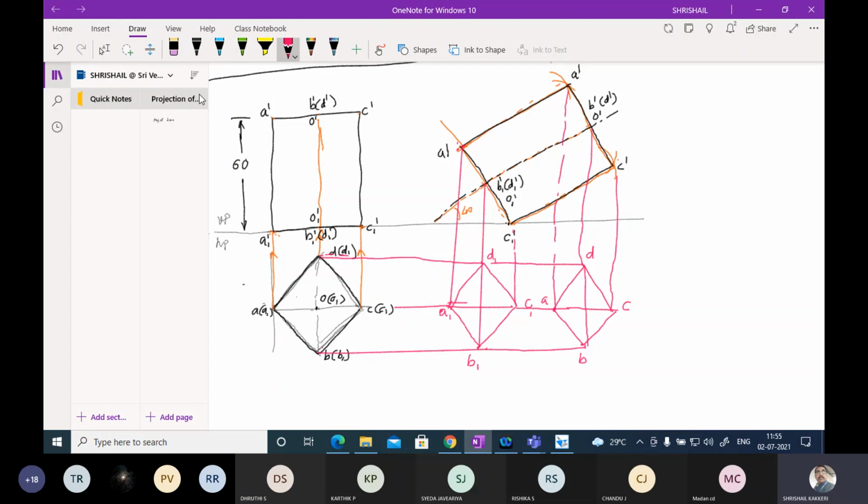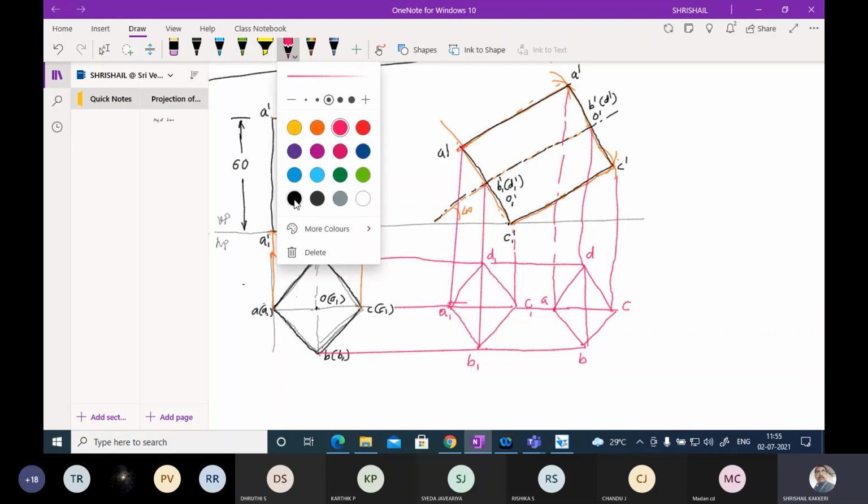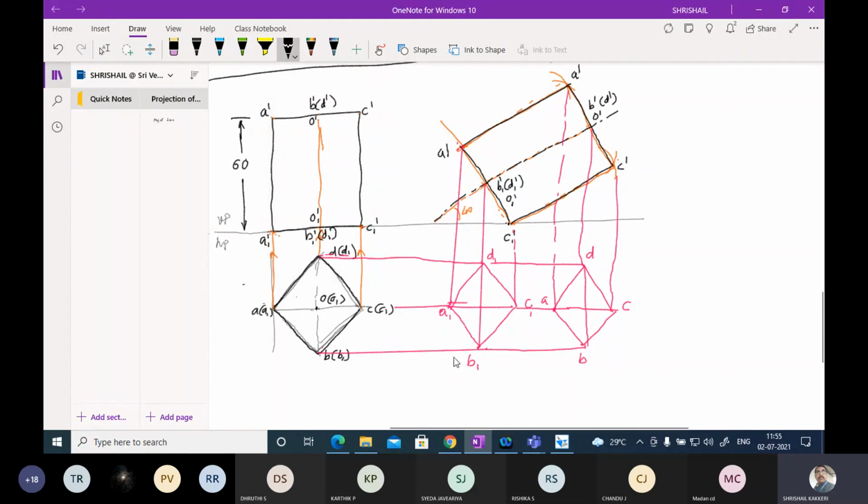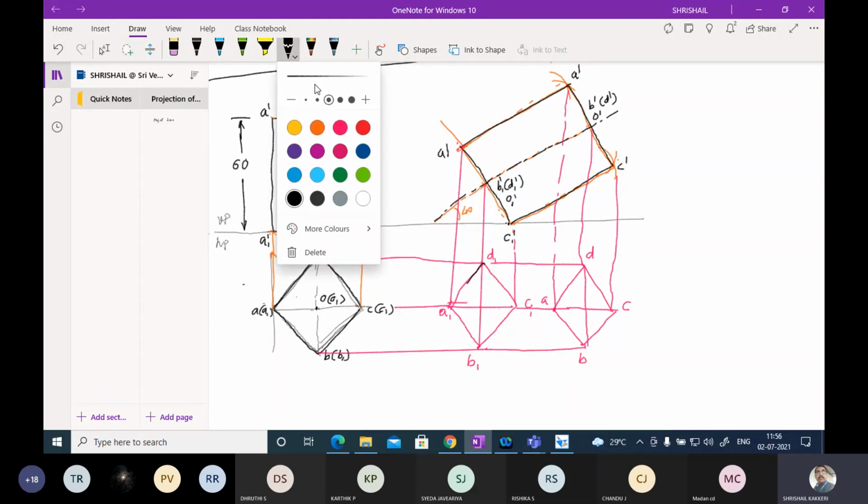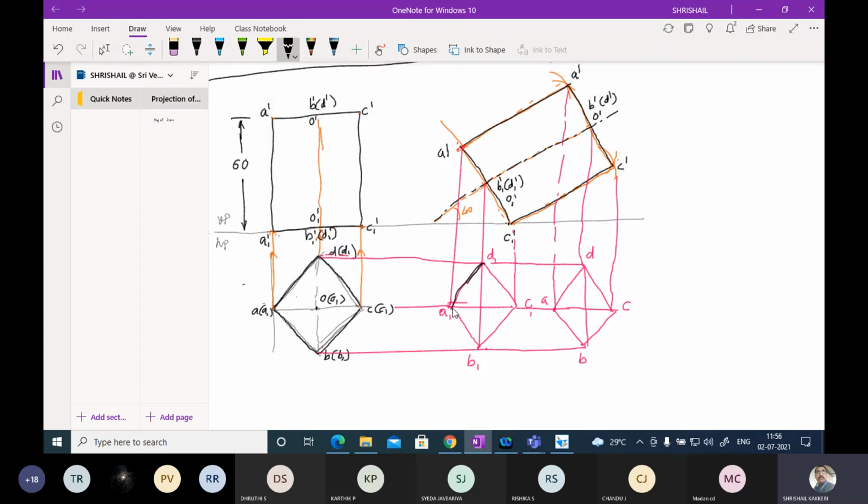Now please look here carefully. To make it dark, what I have to do is all the external lines you join them by thick line first. Make it as a habit of writing like this only. Join all the external lines by thick lines. All the outer or border lines I have joined them by thick line.